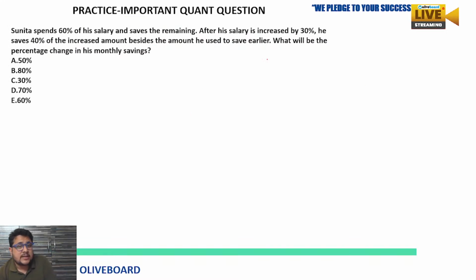Now solve this one. This one is the easiest one from percentage chapter. Sunita spent 60% of his salary. Okay, her salary also you can put. Otherwise you will say, okay sir, but here by name we cannot decide the gender in the question, right? But okay, fine, it's fine. Sunita spent 60% of her salary and saves the remaining. After her salary is increased by